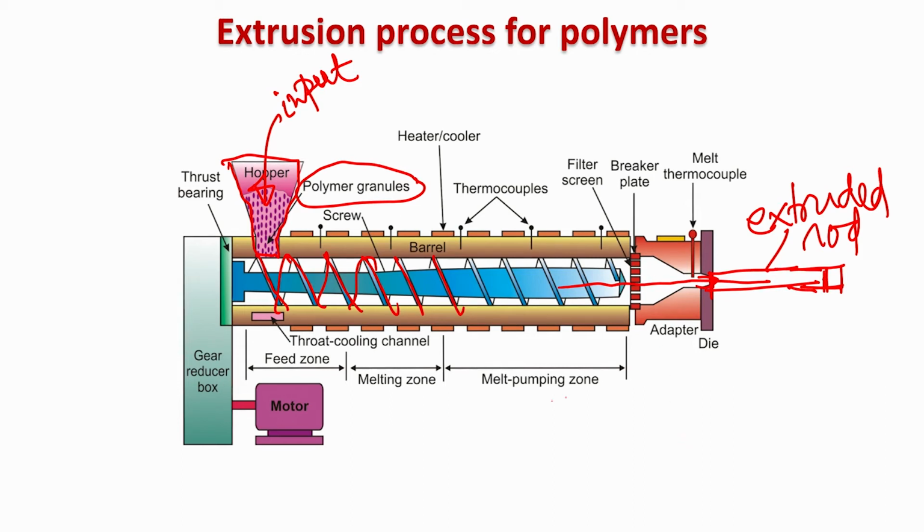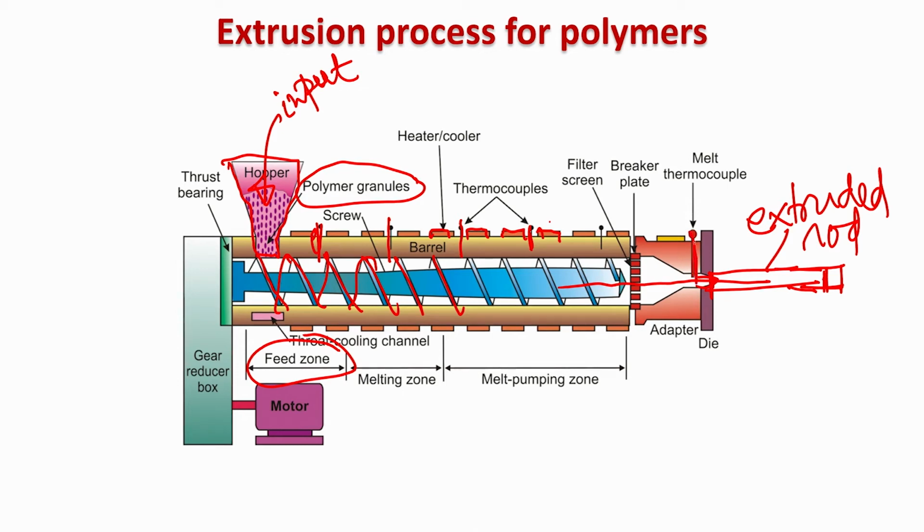Now, what happens in this reaction chamber? There is a feed zone. Feed zone is essentially where the hopper or feeder feeds the polymer granules into the reaction chamber. Because of the continuous screw action and friction at the screw and polymeric granule interface, that will locally heat. You can also have specific heating stations along the length of this reaction chamber. You can also insert certain thermocouples just to monitor the temperature of the polymeric fluid or polymeric melt as it goes through the reaction chamber.